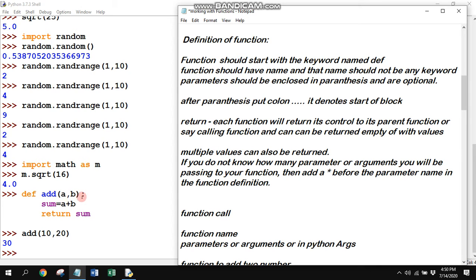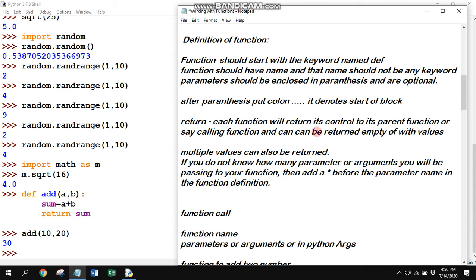If we have given two parameters here, then when we call the function we also need to give two arguments.